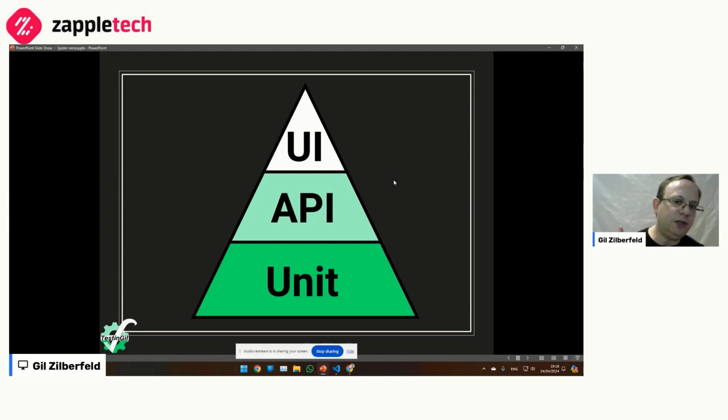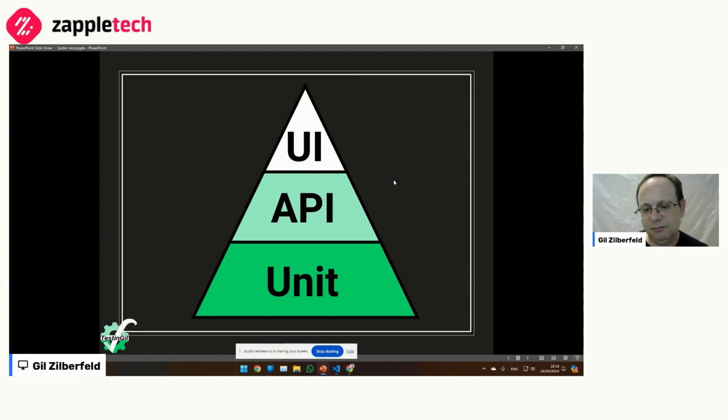There's another thing that we don't talk about, but kind of relates to this pyramid, which is the isolation level. And in unit tests, obviously, what we're testing are pieces of code, which means that when we're testing something, it doesn't talk to the outside world, and therefore we don't need to set up all these services or mock services. And if we do, it's going to be a bit more expensive than setting up a mock for a function.